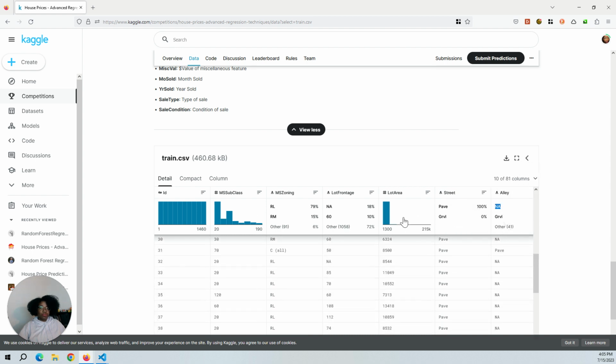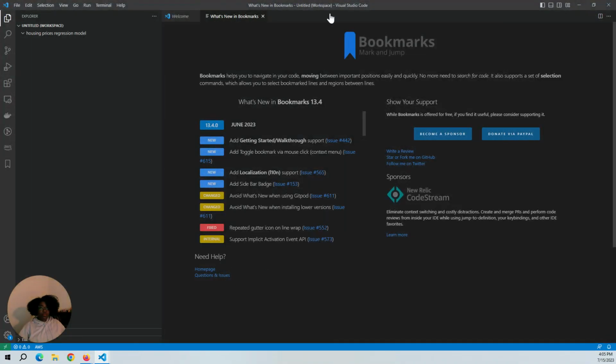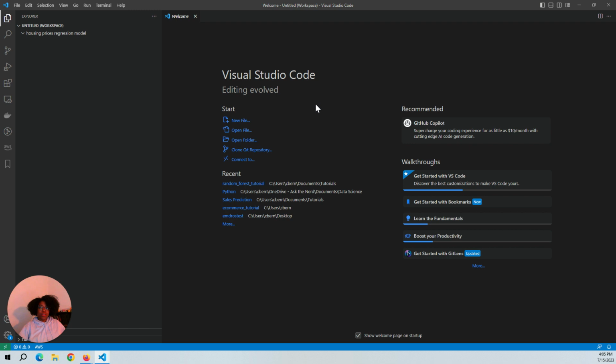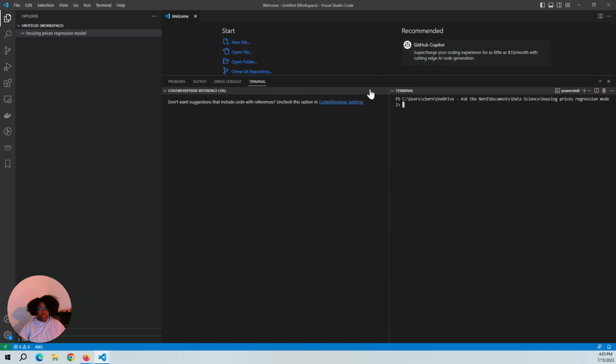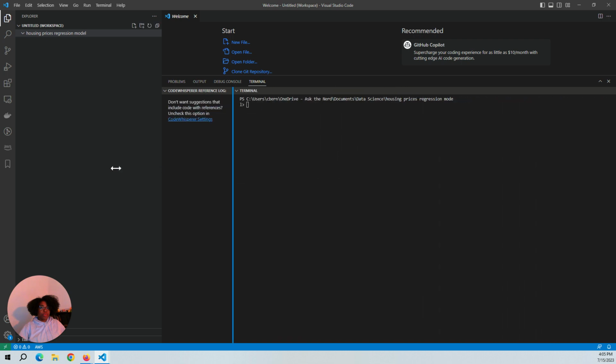So what I'm going to do is, I've pulled up a Jupyter notebook. Well, actually I've pulled up a folder, my folder for this project inside of VS Code. I'm going to open a terminal, and in that terminal I'm not going to use PowerShell. I'm going to go to command prompt,